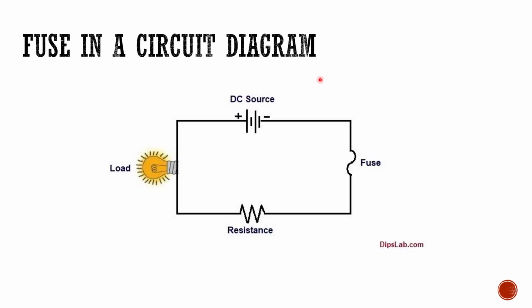Now, if we look at a circuit diagram, then we can see you have a battery or electric cells. You have a load like an electric bulb, a resistance, and there's a fuse. Now, if the current for some reason becomes too large in the circuit, the fuse will heat up, that wire will melt off, and the moment that wire melts off, the current cannot flow, so the bulb and the resistance and any other electrical component is then protected, and it cannot be damaged by the current that is too large.